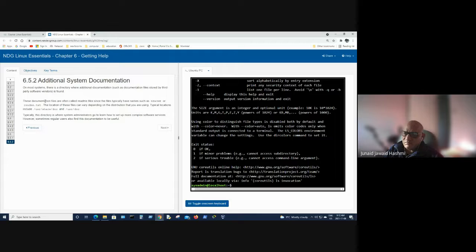Other documents, depending on the software, are the README files. Whenever you install a software, it comes with README files that contain information about the software, especially how to install it and other important information, like where the documents are stored. Okay, so